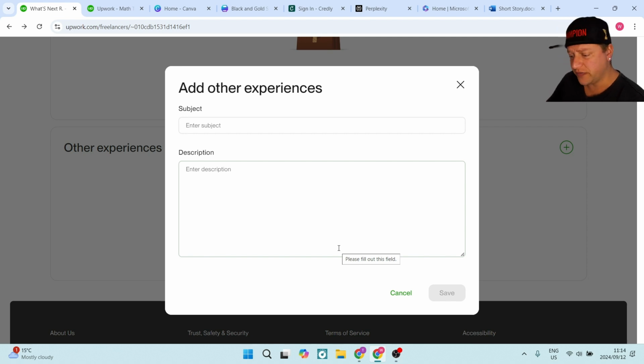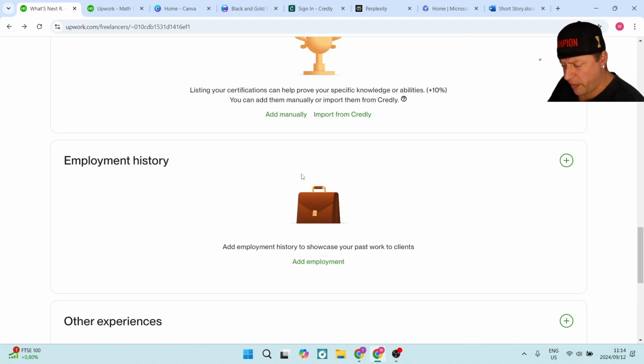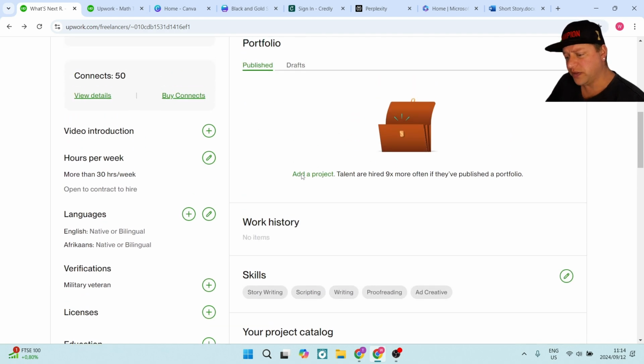You can add this in over here. So you can add a subject as well as a description. So this is clean text only. There's no images or videos that you can put in here. However, you can add a link to a video if you do have it maybe on Google Drive or on any other platform. We're going to scroll back up to the top of our profile,